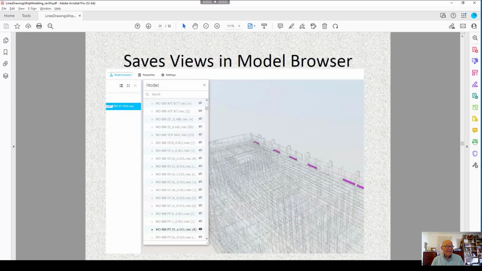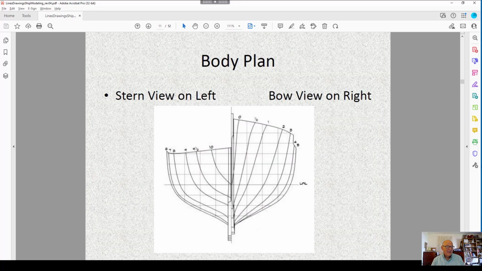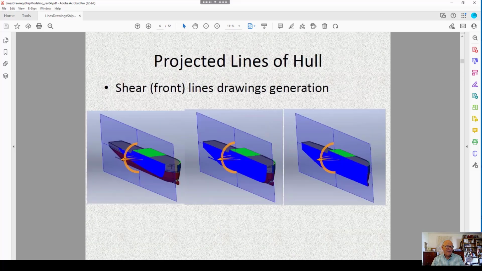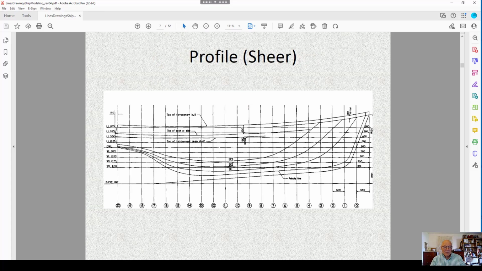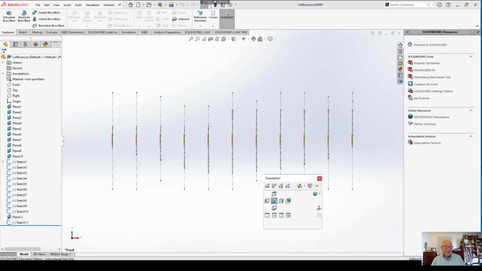Let's go back and take a look at that. The equivalent of a shear plan right there. The equivalent of a shear plane. Each one of those lines right there, which are ordinates or stations when they're building it, is where I have an individual plane. So that individual plane has the shapes coming through